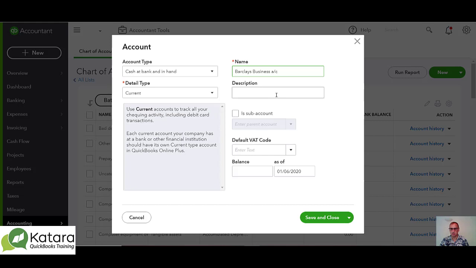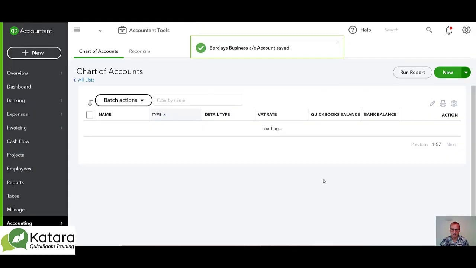I don't really need a description in here. It's obvious what it is, and it's not a sub account of anything else, and it's not got any VAT default against it. It's not the type of account we'd have a VAT default. If I was bringing in an opening balance for the bank, I could bring it in through here, or I could bring it in with all my other opening balances if I do need to bring opening balances in initially into my file. So for the minute, I'm going to save that, save and close there,